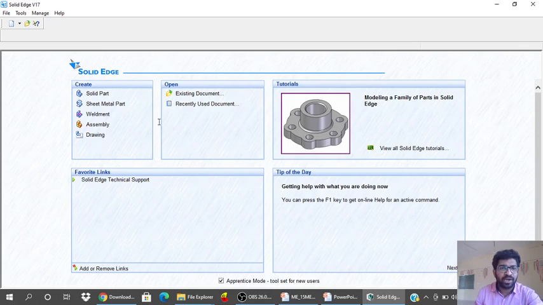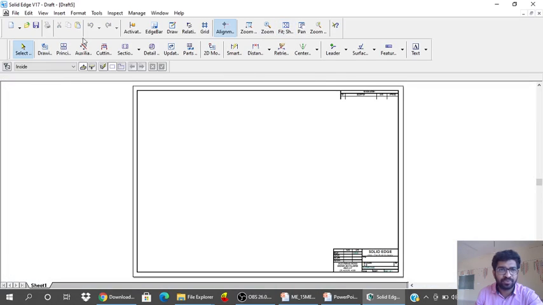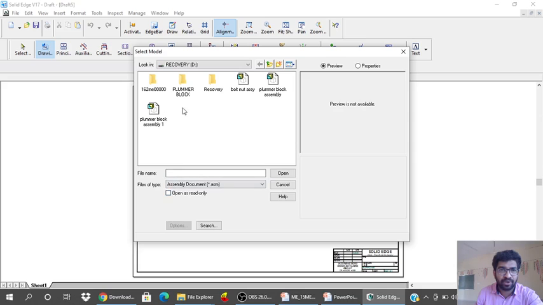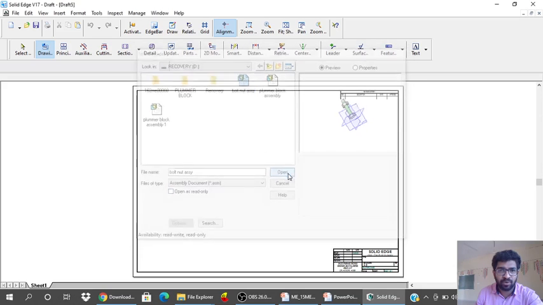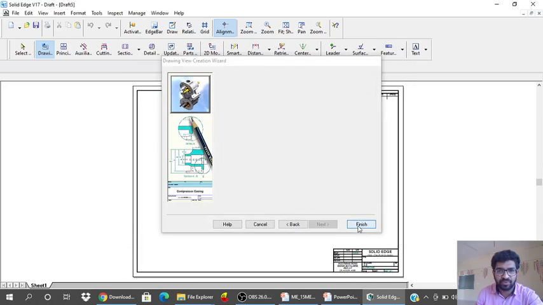Close this. We shall create the drawing using create drawing toolbar. Save it. Go for drawing view wizard. Select assembly document, bolt nut assembly, open, next, front, next, finish.